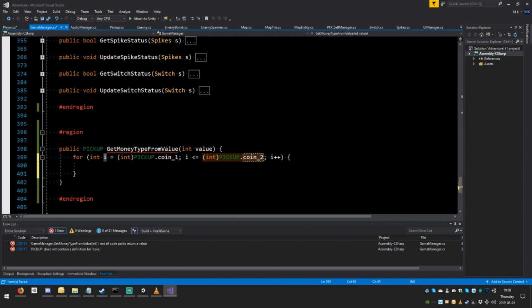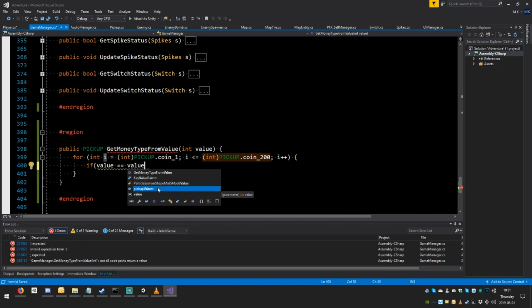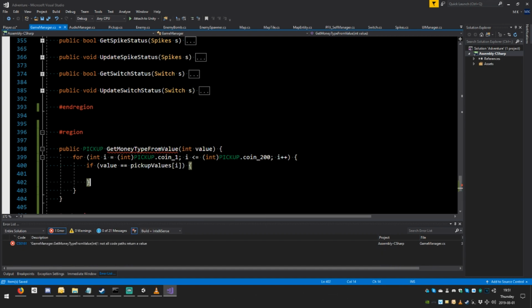Then coin 200. So we're gonna go through all of them, save, and then we're gonna check if the value matches. So here you're gonna say if open round value equals values. I don't remember what it's called. There it is. Pick up values, square bracket, i. Close the square bracket, close the round, open a squiggle, hit enter twice. So if it's the same, what can we do now? So it's the same as pickup values, then we can...